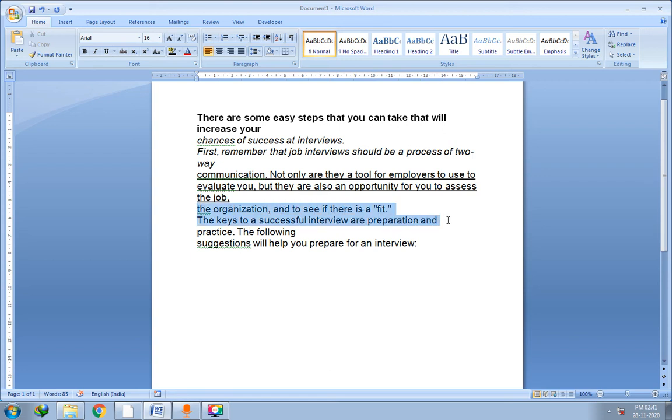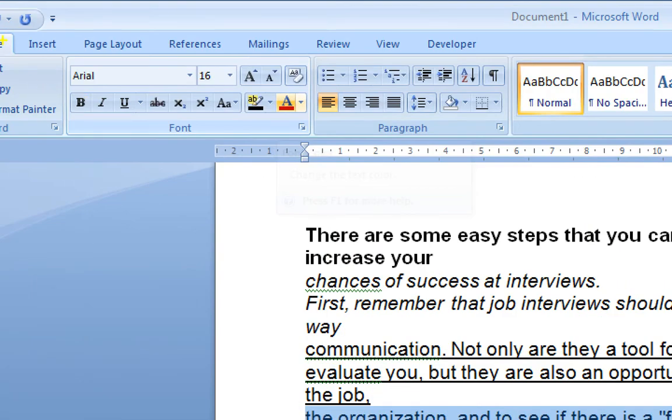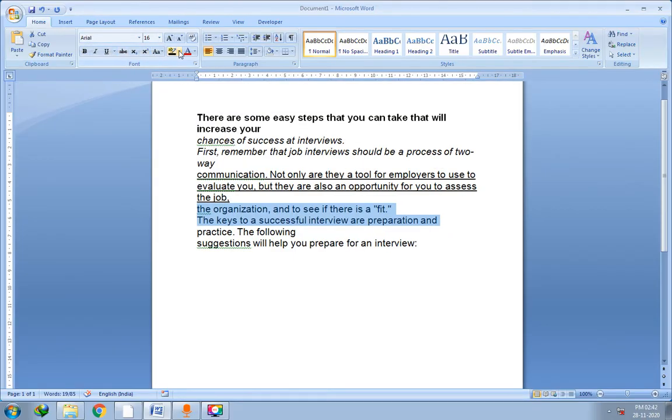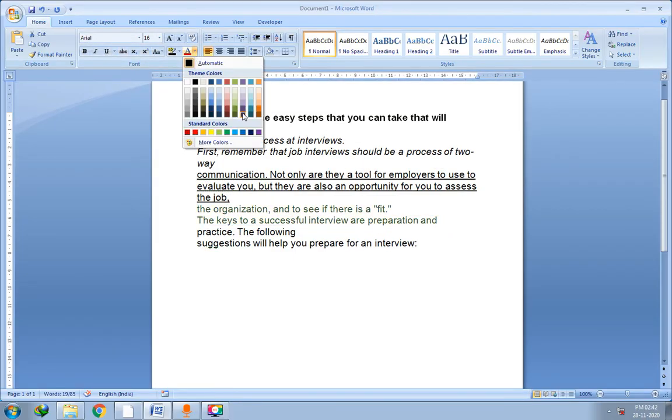To change the font color, first of all you have to select the text as I did before. Select the text and then click this option. This option is called as font color. It is available in home tab, font group. So let me show you by zooming in. Home tab and font group is this. Just click the arrow mark after A. So I will click this arrow mark and let me change the color to red color.